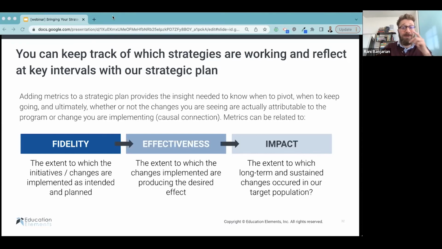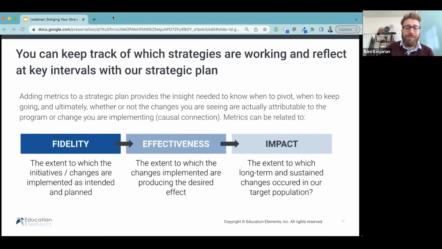And so, like Samantha was saying, it is important in some way, and we found that it's important to have a transparent way to have visibility into the progress of the work that's being done for your entire community. And so considering something like a public-facing plan or implementation status updates or something like that that can be hosted on your website, that's something that we found has been really helpful in generating buy-in from all different constituent groups